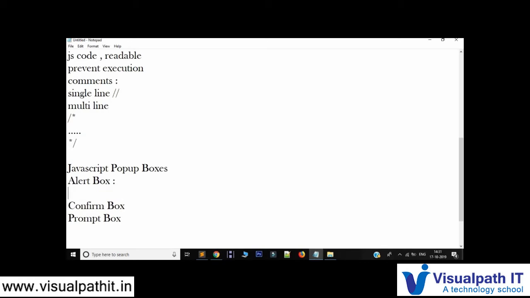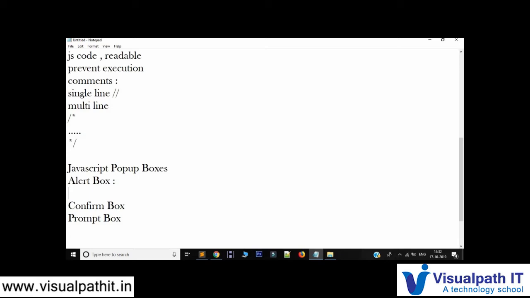An alert box is often used if you want to make sure information comes through to the user. When an alert box pops up, the user will have to click OK to proceed. I've already told you that it gives you some information. For example, as soon as you click on a submit button, you will get a pop-up like your form has been submitted successfully, right? And you click on OK. That's mandatory. You are supposed to click on OK or click on cross, right? In that place, it's an alert box. It tells you some small information, like your registration form is successful, or your order is placed successfully. In that place, this alert box plays a role.